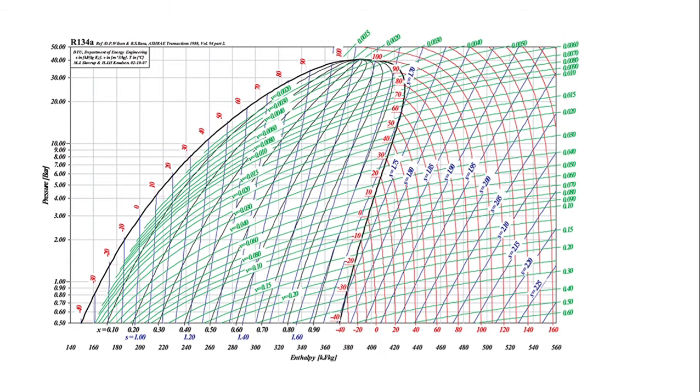Yes, okay. Then the vertical lines are showing you the enthalpies. So what are the values of enthalpies? 140 is the minimum and 560 is the maximum. So the 420 line will be a vertical line passing like this. These vertical lines are the constant enthalpy lines. For example, let us consider the 280 line. That 280 line will be somewhere here, a vertical line like this.